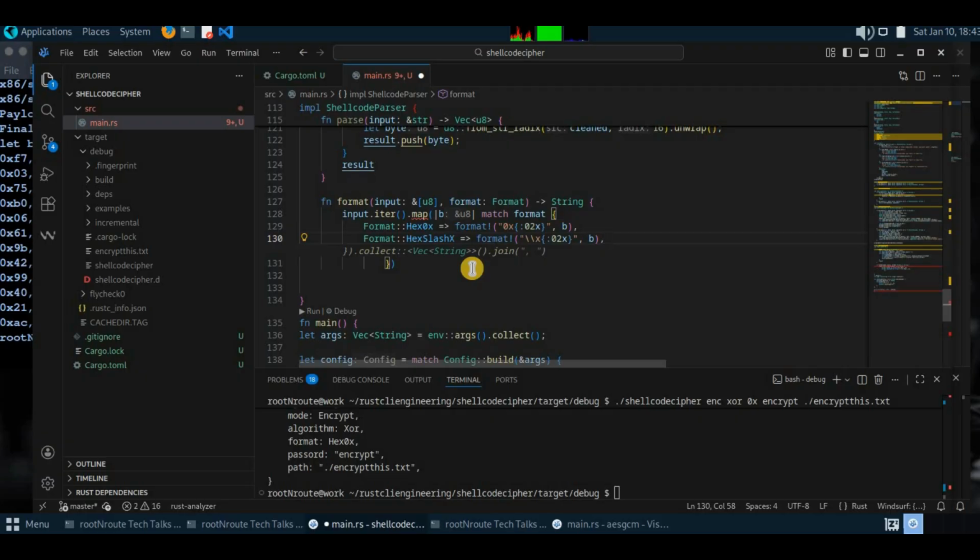And yeah, we have to collect the entire thing and convert it to a vector string array and do a join. But yeah, now it is correct, right? See, let me see this one. Because we have to iterate over every byte and format the byte with the 0x or \x